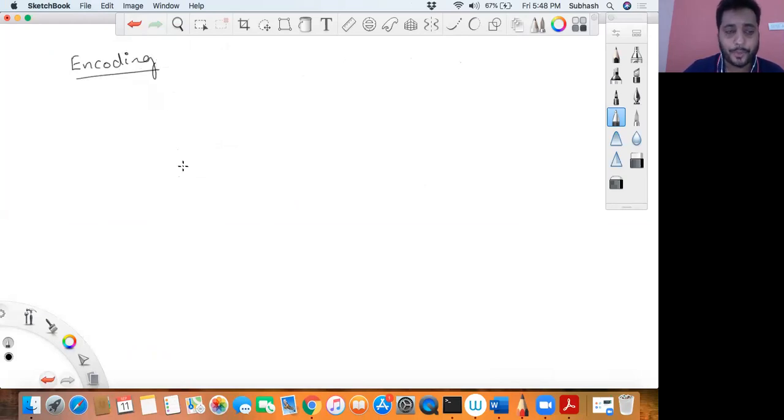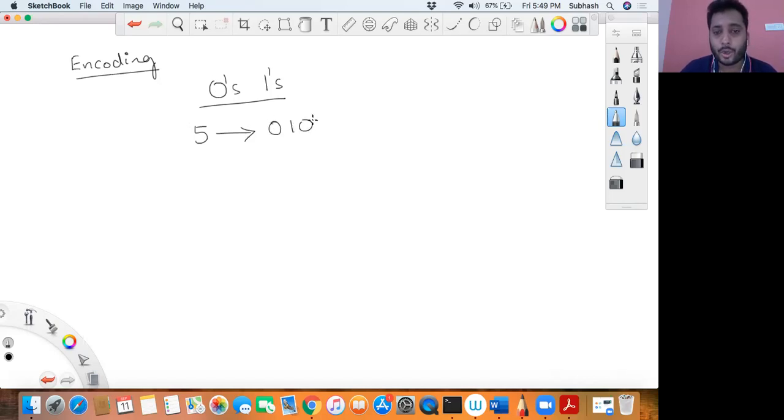You must understand this fact: the first thing you must know is that your computers will only understand zeros and ones, not anything else. Anything that you give to the computer, it understands in terms of zeros and ones, correct? Now, suppose I want to represent some number, say 5. The computer cannot understand 5. The computer will only understand zeros and ones. So what your compiler or interpreter will do is convert this number into its binary equivalent. What is its binary equivalent? It is 0101, isn't it?